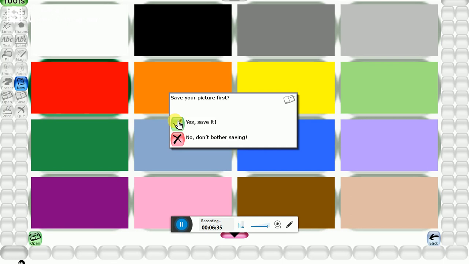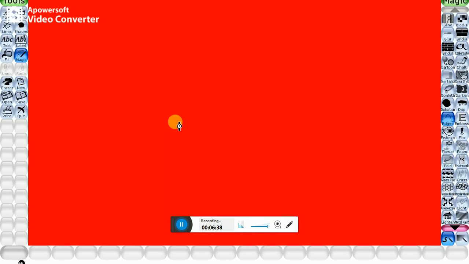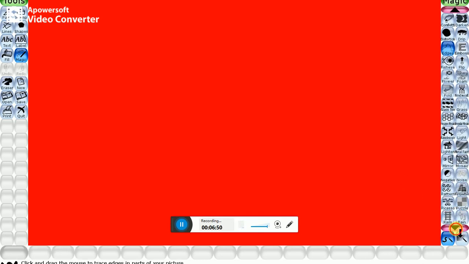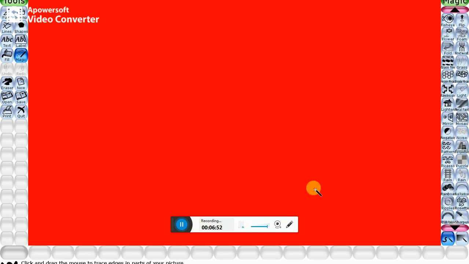Step 3. Select any color and click on the open button. Let us select red one. The red rectangle means that the background of the new file will be red. Step 4. When you click on open, you will find a blank screen with a red drawing area. Step 5. You can draw your picture in the drawing area using different tools.